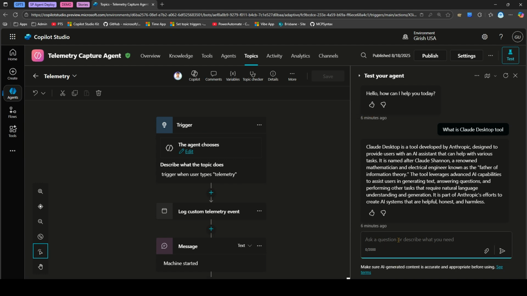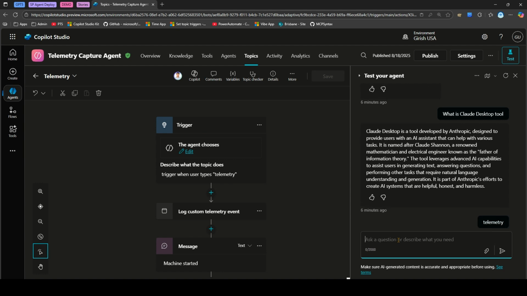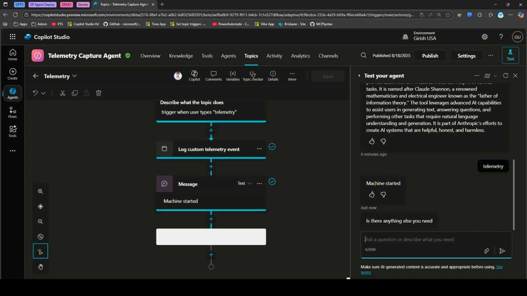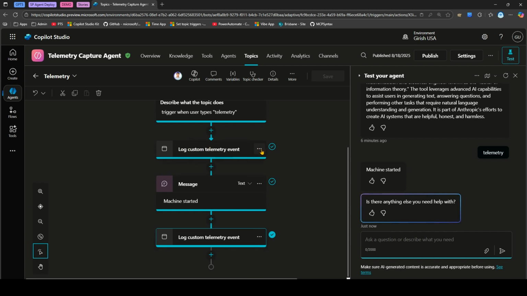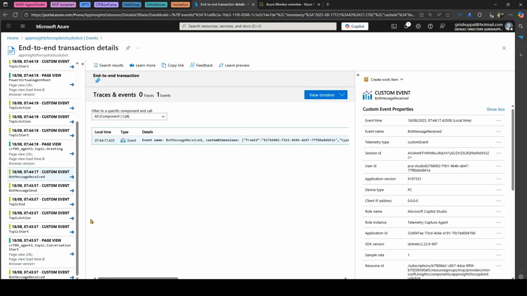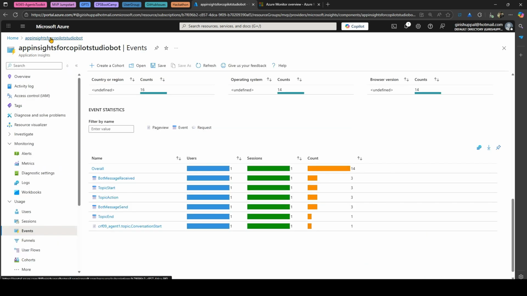Now, here I will just say telemetry, and then it should ideally trigger this particular topic, and it says machine started, and then it has gone inside and it has logged the custom telemetry event. Okay, now let's go into our application insight. So if I go to the application insights over here, and this is the events, so let me go ahead and refresh,